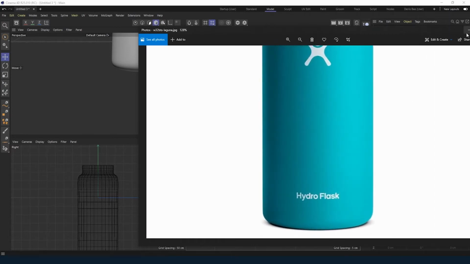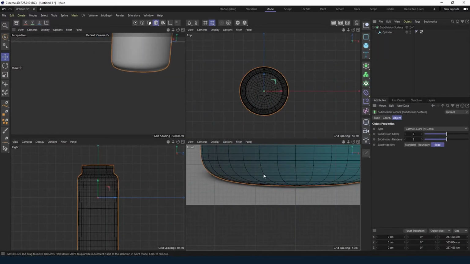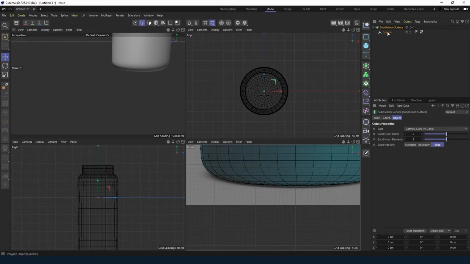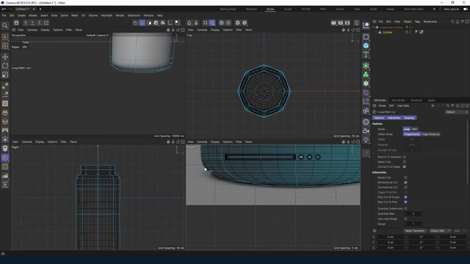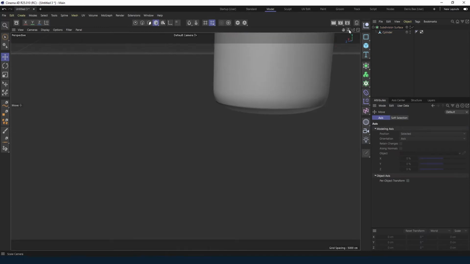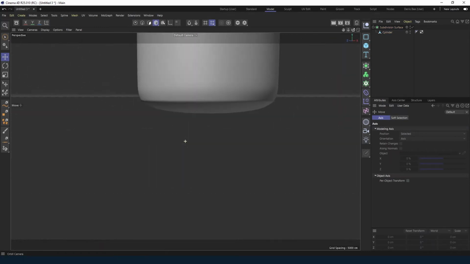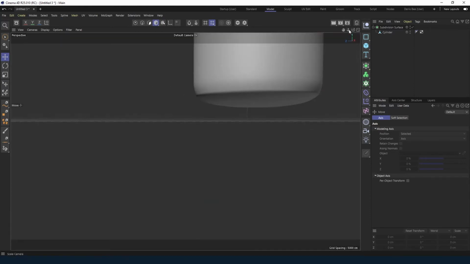So let's just add one more edge somewhere here. Then we go to edge mode, click on it. Let me just KL, let me add something around here, and then one more around here. Let's see. I think that's okay. That looks good, right? Okay,